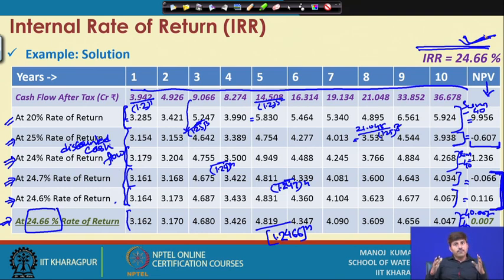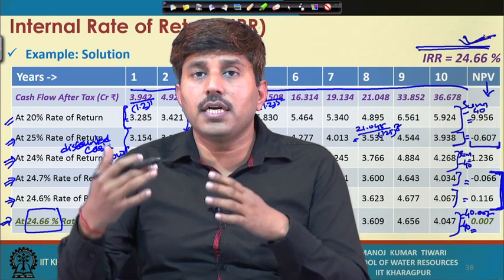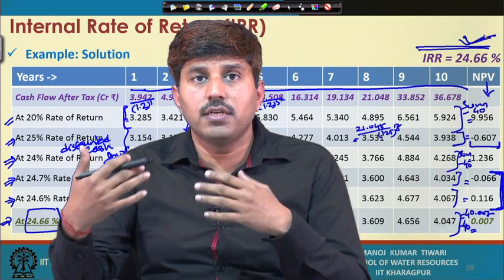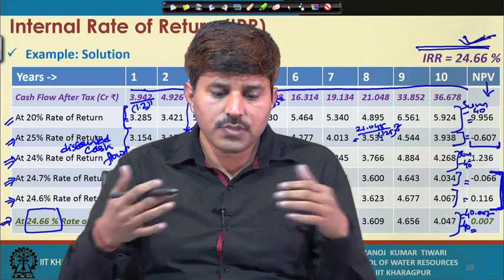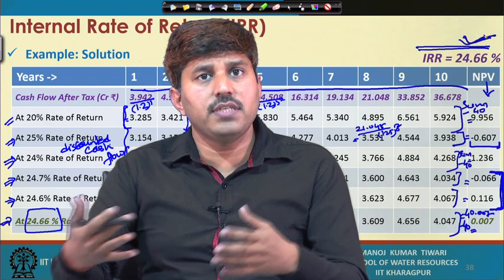So for that particular firm, we can say that if it is investing, it is going to get a healthy 24.66% rate of return in a 10-year lifespan, because we have considered this calculation for 10 years. So the project duration becomes 10 years, and in a 10-year lifespan the firm is likely to earn a 24.66% rate of return. So of course this is a reasonably high number and the project can be accepted, which was eventually